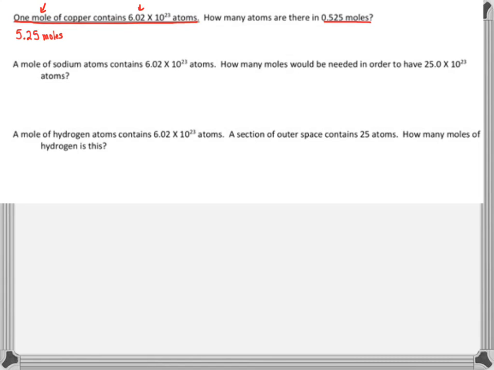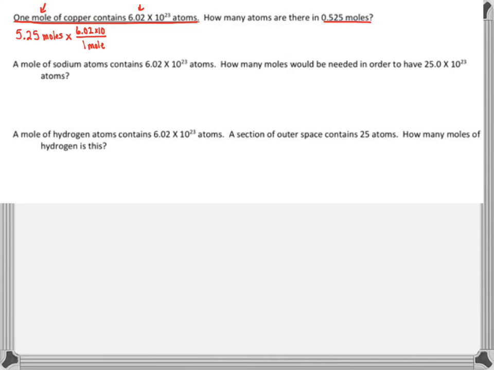Okay, and according to this given, we are told that 1 mole contains 6.02 times 10 to the 23rd atoms. So in this case, I have to multiply. I'm going to do some dimensional analysis. I want to get rid of moles. And according to this conversion, or equality, 1 mole is equal to 6.02 times 10 to the 23rd